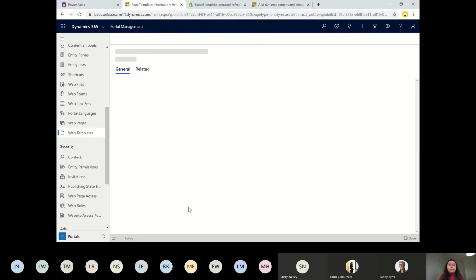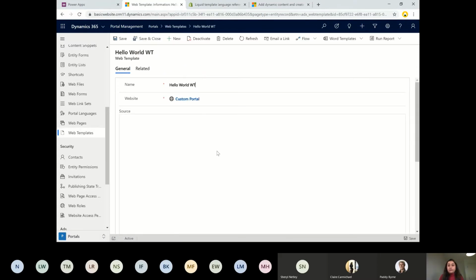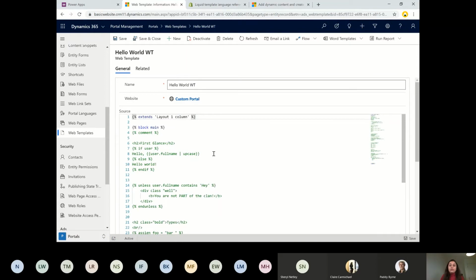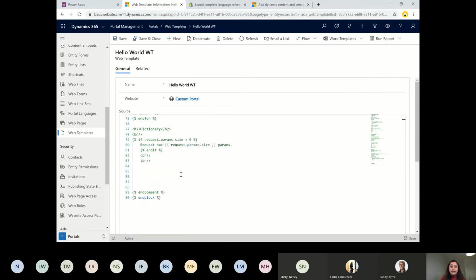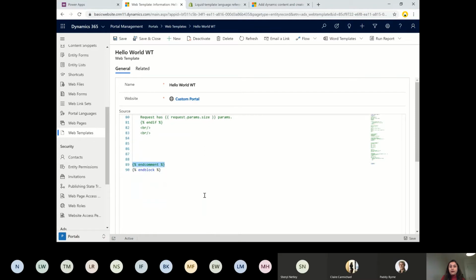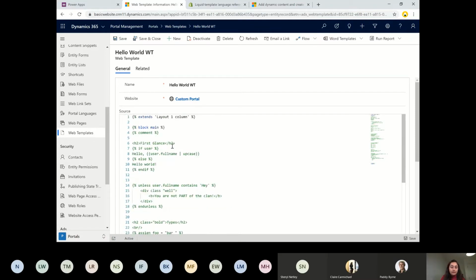If we go to the web template here, we will be seeing lines of code, but don't worry about that. We'll be seeing line by line what this means. As we have seen in other languages, we know // is for commenting the code, but here again, everything starts with curly braces. So to comment out your code, we need to use a comment syntax like this, and an end comment as well. If I remove this, my code will not be commented.